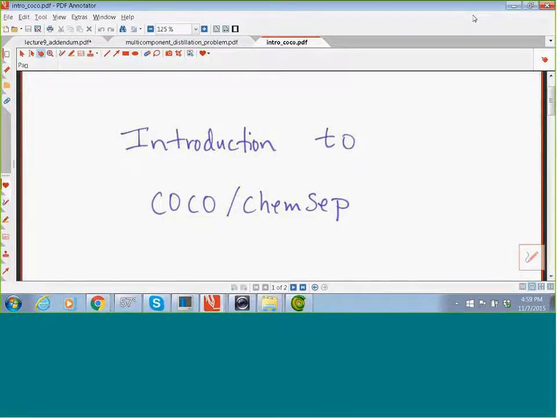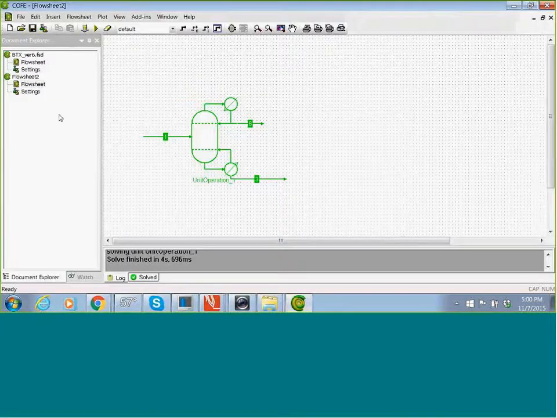Okay, hello everyone again to part 3, and this is the final part of this introduction to COCO and ChemSep. And last time we had simulated the very first column in this benzene, toluene, xylene distillation example. And if we take a look at the COCO flow sheet that we ended up with, this was our COCO flow sheet. Again, we had just solved the first column, and we're ready to put in the second column, but